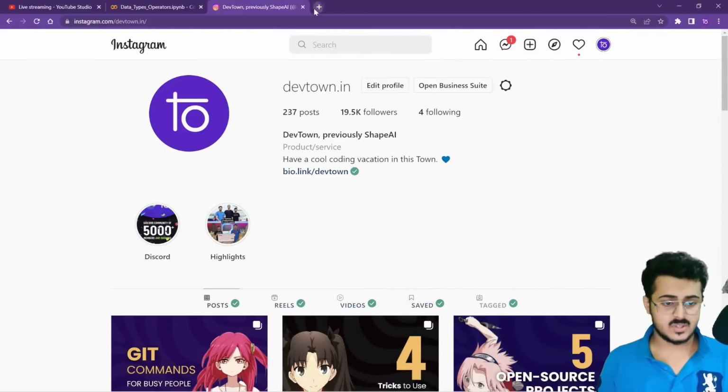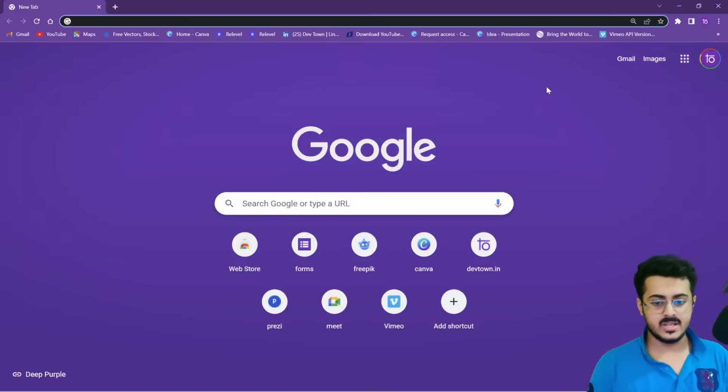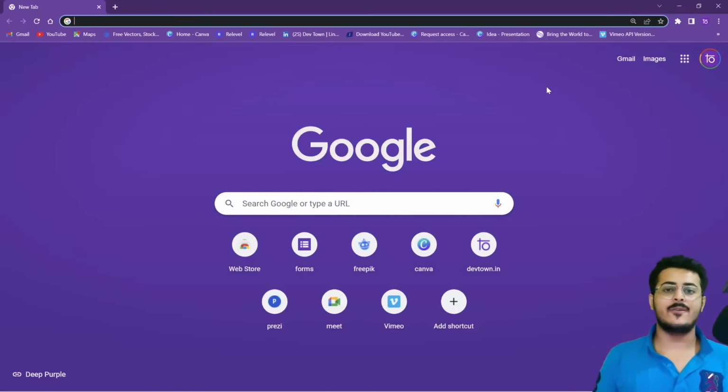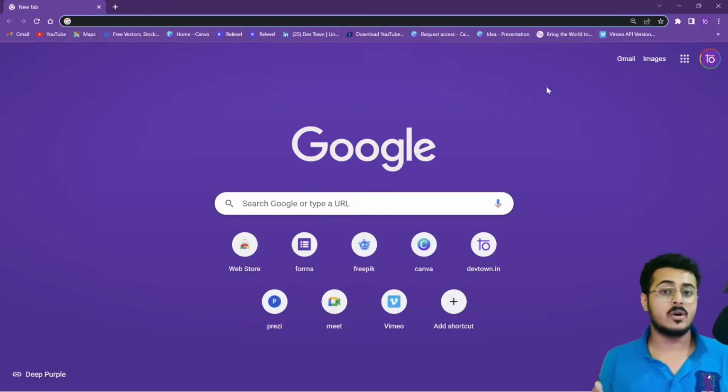Amazing. Let me open up a new tab right over here and we'll be doing our coding inside of this. Now, this is your web browser. Why we are doing our coding in the web browser itself is because JavaScript as a language can be run from scratch, without installing anything, inside the browser. Think about the browser as the planet Earth.